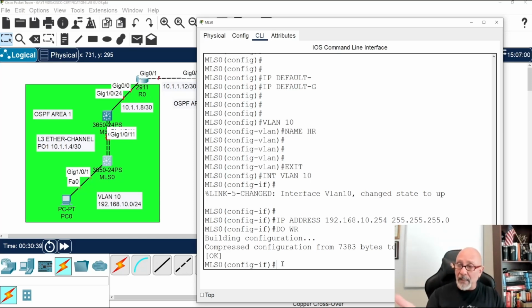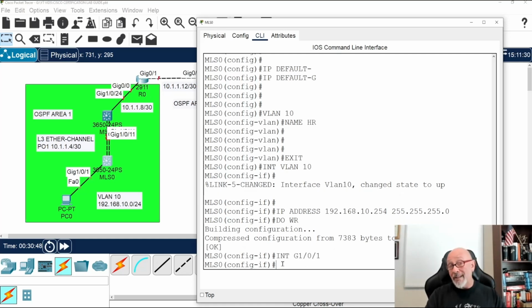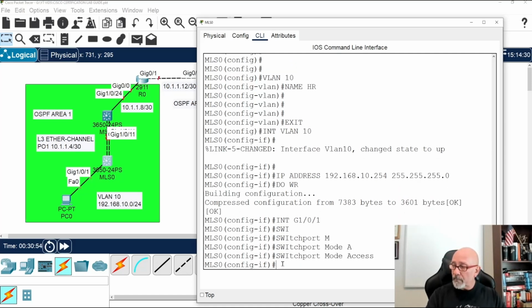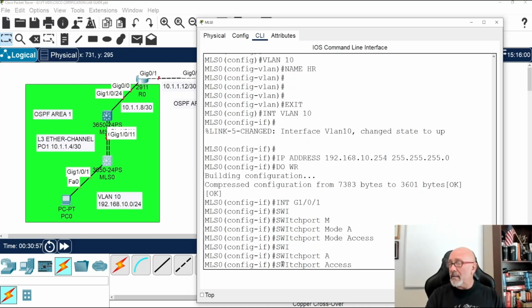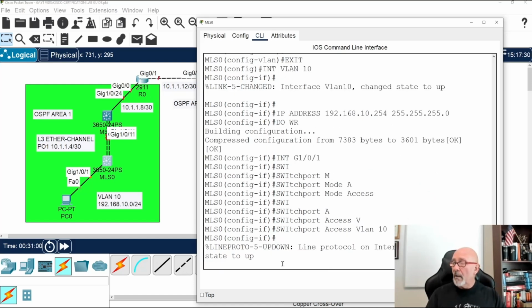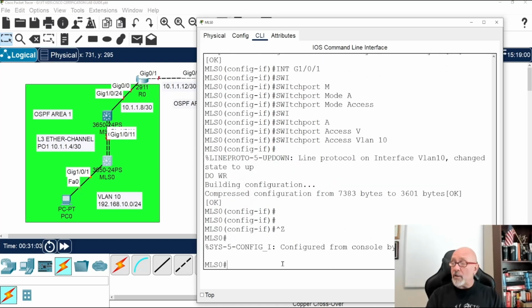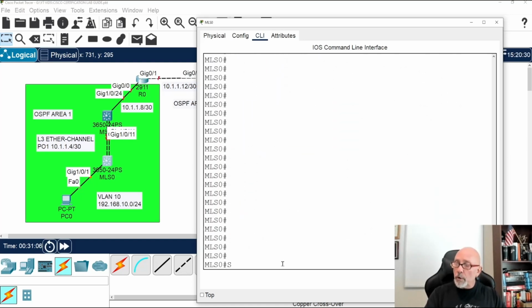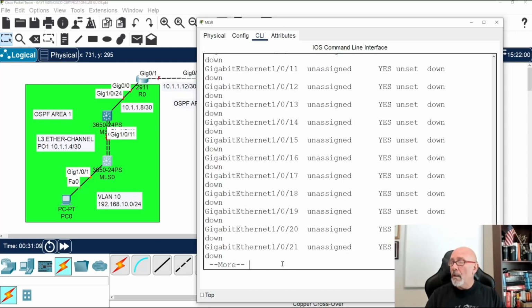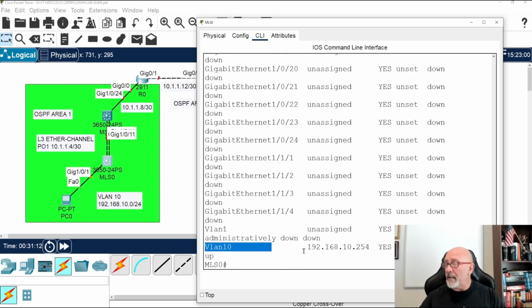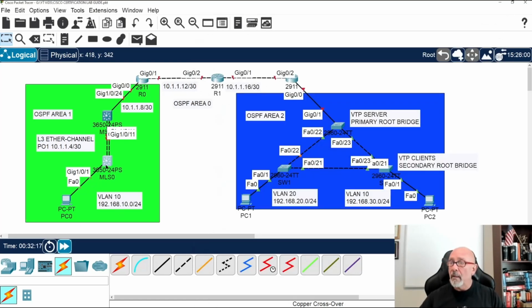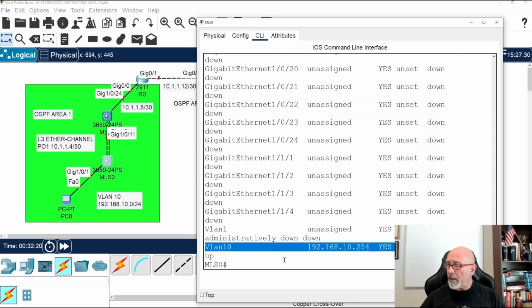And then we need to assign the VLAN to port 1 or G1/0/1. So interface G1/0/1. We need to turn it to a static mode, so we're going to do switchport mode access, sorry, access port. Switchport access VLAN 10. Awesome. So, verification. You can do a show IP interface brief and go all the way to the bottom, and you can see that VLAN 10 has an IP address and it is up. You can see that turning to amber. I like to fast forward through time. All right, we're good there.